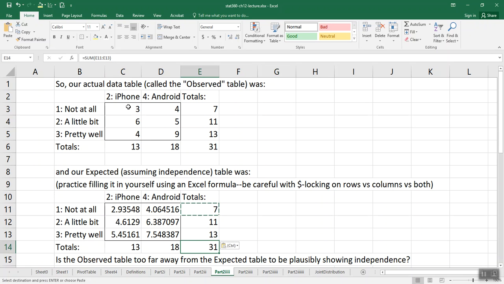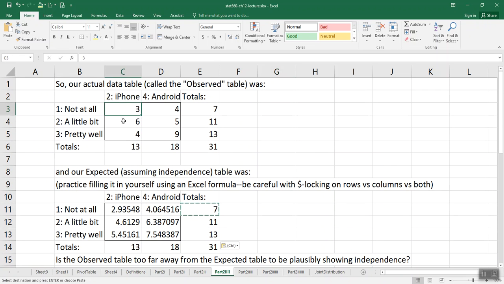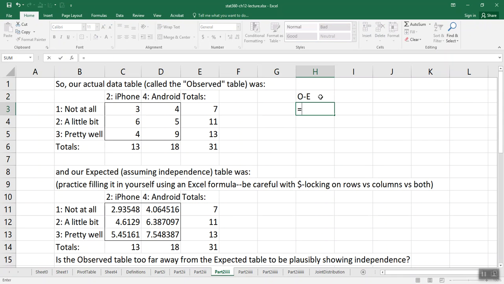So looking at these tables, do these numbers look so far away from these numbers that you wouldn't believe that these came from a random sample from a truly independent population? So think about that. So can we come up with a way to say how far is this table from that table? Well, the first thing most people think of is, well, let's take the difference of this one and that one. So let's do observed minus expected,